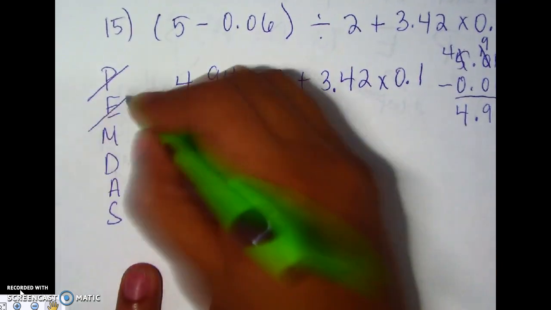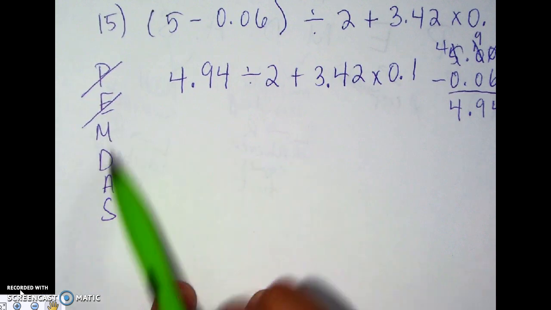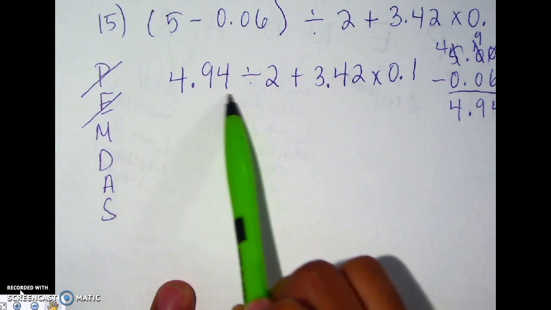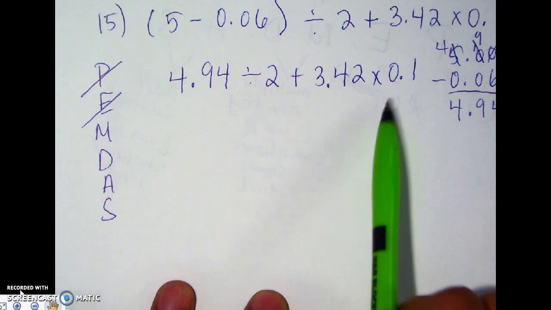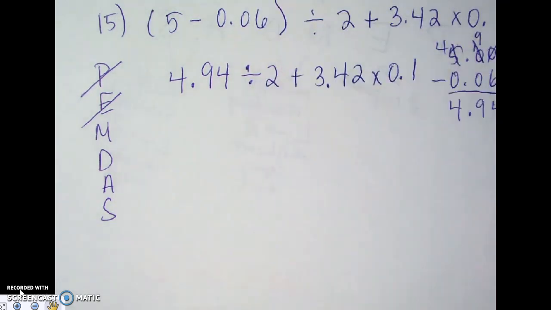There are no exponents, so I slash that out. Now I'm looking for multiplication or division from left to right. So as I start coming from left to right, what do you know? I have a division symbol here. I don't go back over here. So I'm going to do this guy first. So I'm going to have that